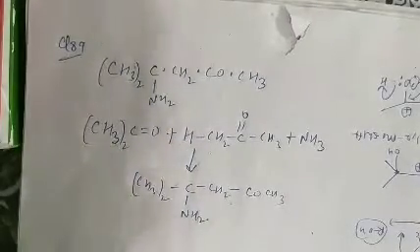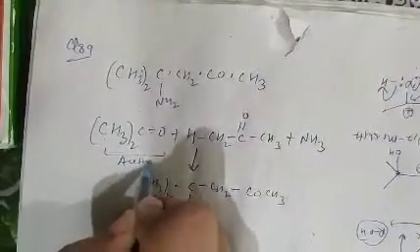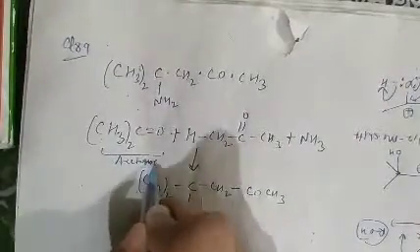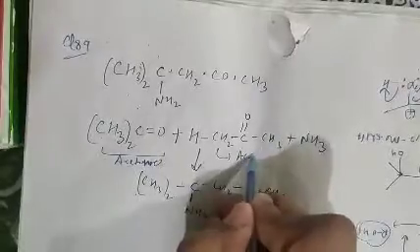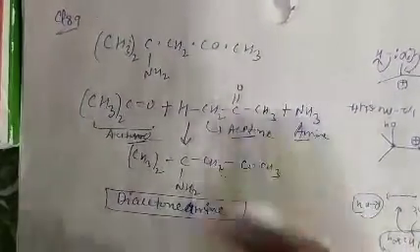So this compound is basically formed from two acetone. This is an acetone group, and this is also an acetone group, and this is amine. So this compound is formed from two acetone and one amine. So we can say this is diacetone amine. So the compound is diacetone amine. So question number 89, option C is correct. See question number 90.